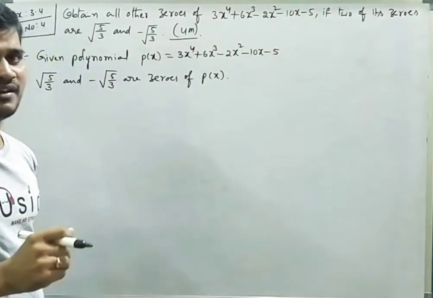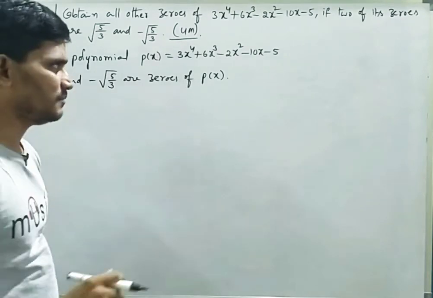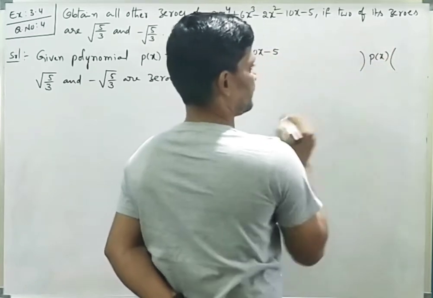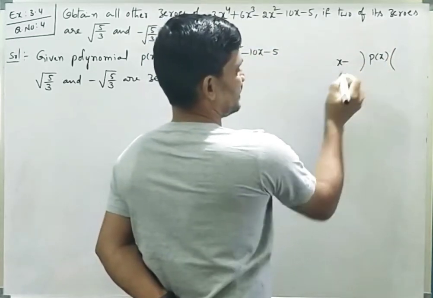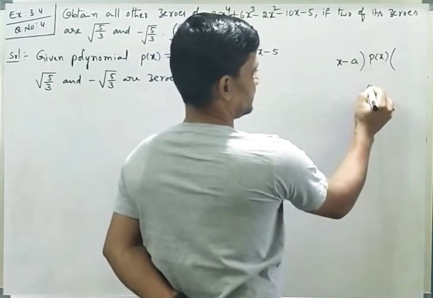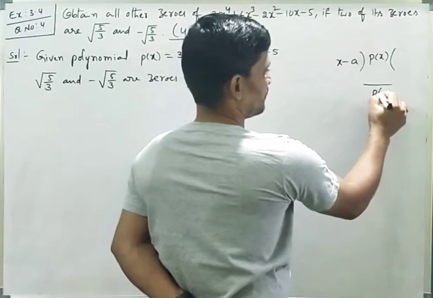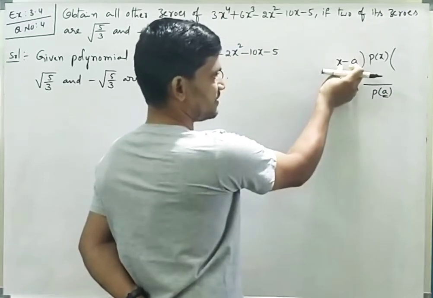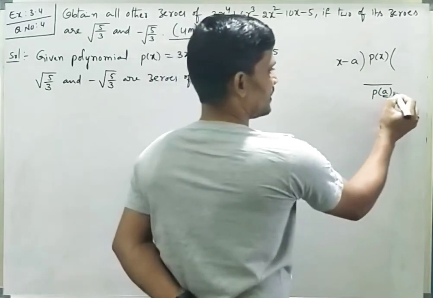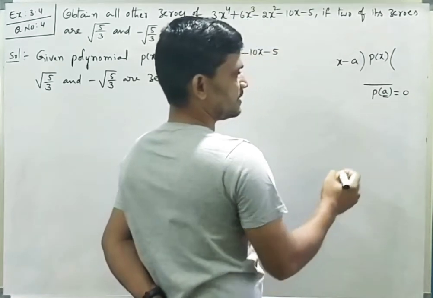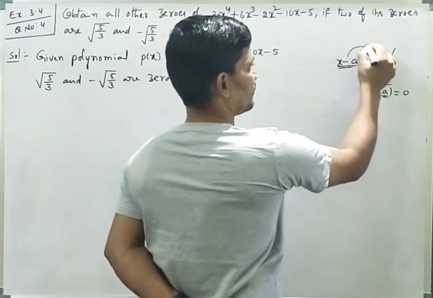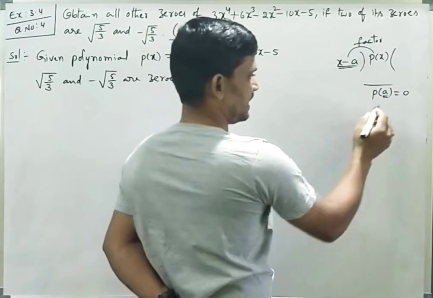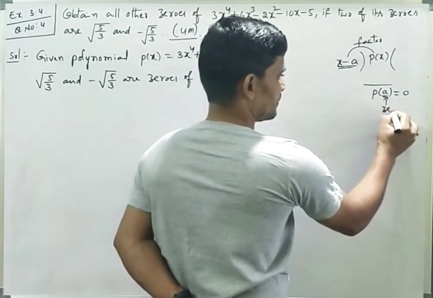Now, let me explain what is the remainder theorem and factor theorem. If a polynomial p of x is divided by a linear polynomial, let it be x minus a, then it leaves a remainder of p of a. What is this a? This a is the zero of this divisor polynomial. Now, if the remainder is 0, then we say this is a factor of the dividend polynomial p of x,